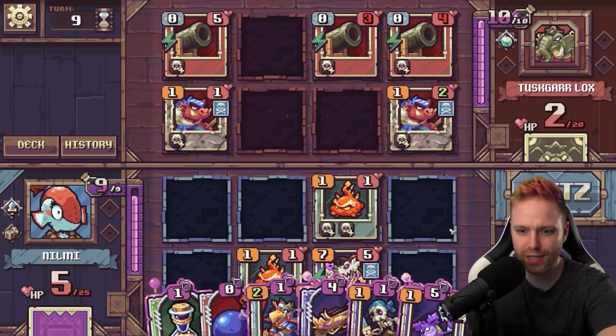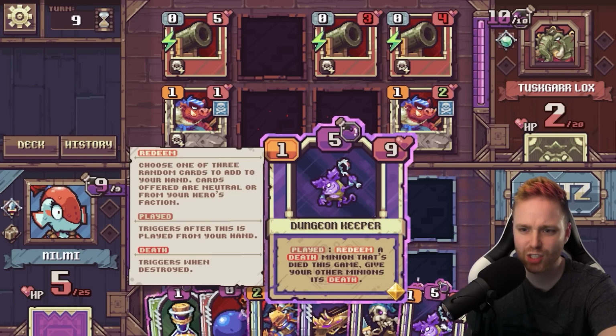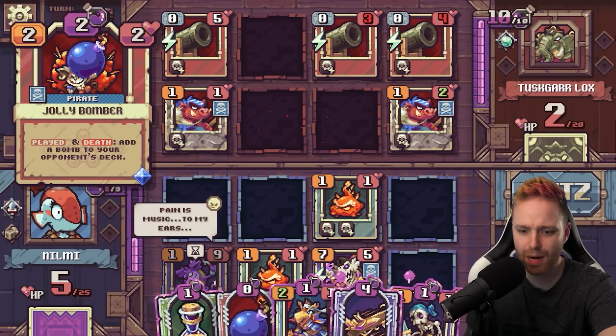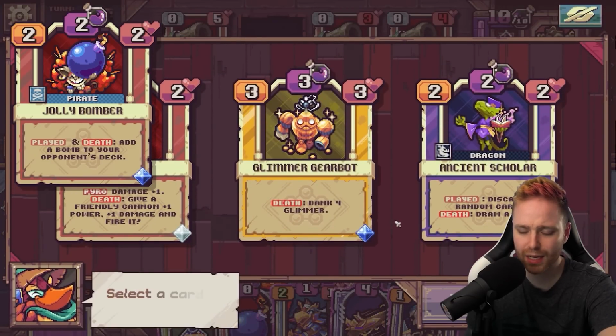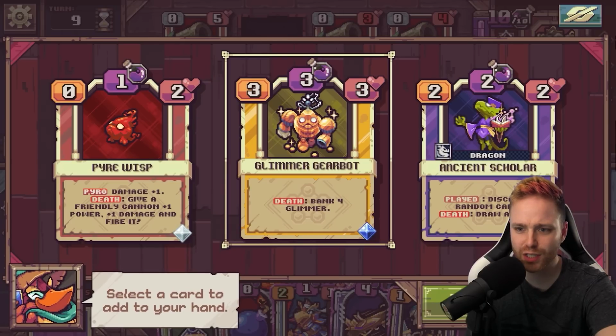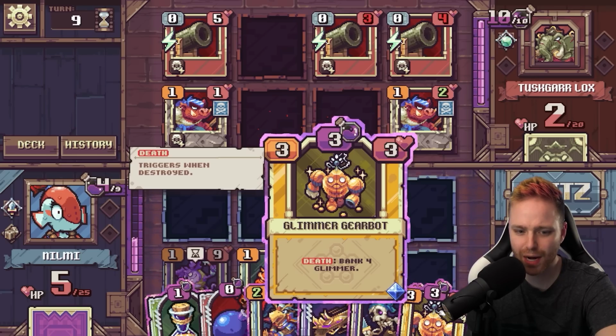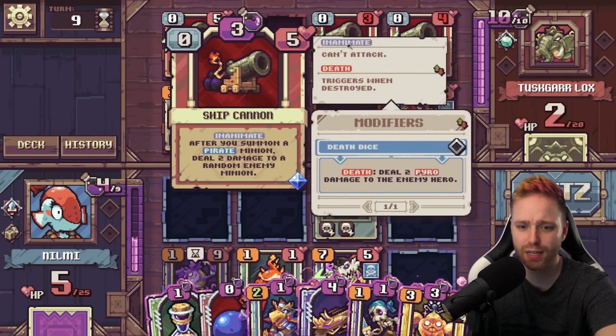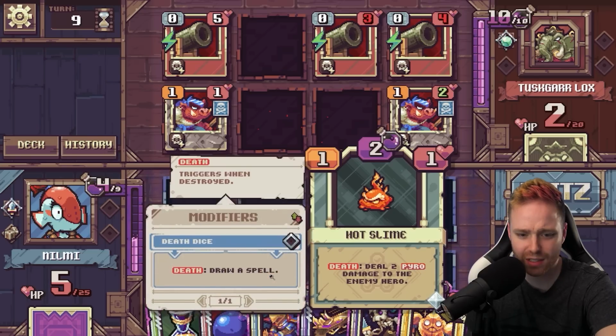We're only going to deal 1 damage to the enemy. I think if I just play maybe my Dungeon Keeper, and then I hit him up with my... Hang on a second. I think I get to pick one of these and add their death effect to everybody else. Bank Glimmer? Wasn't that like shields? Oh, they just gave me the Glimmer Gearbot. Interesting. Now I think I do Hellfire, and I damage this turret so that when I attack, this guy deals